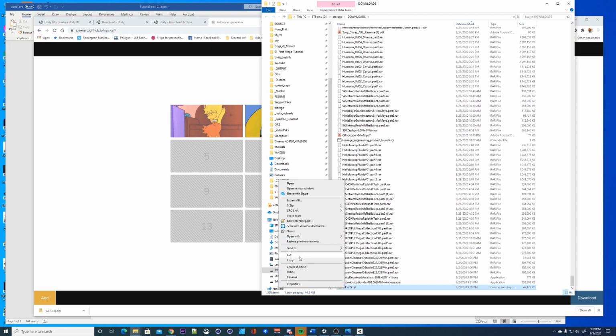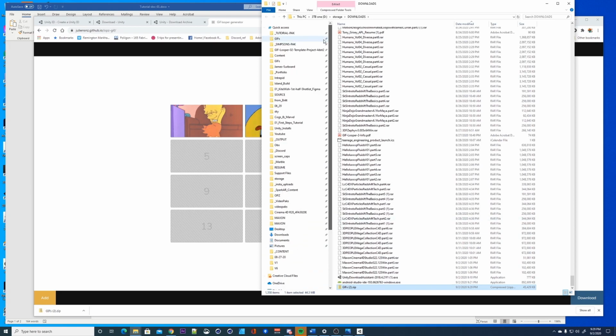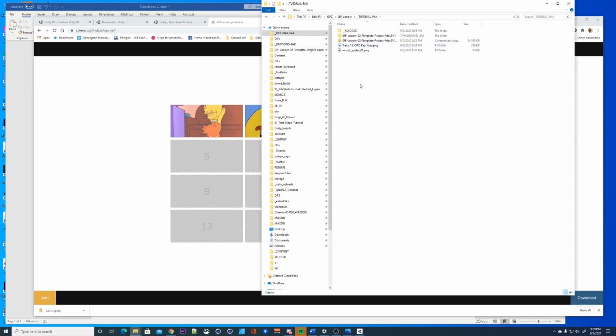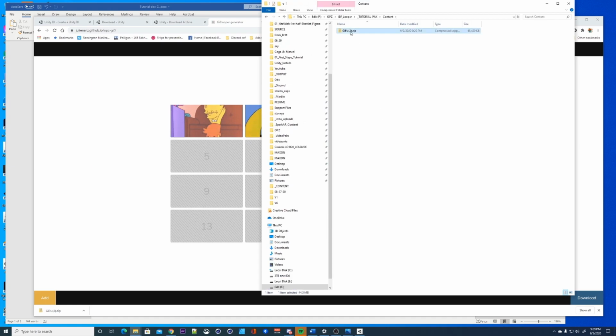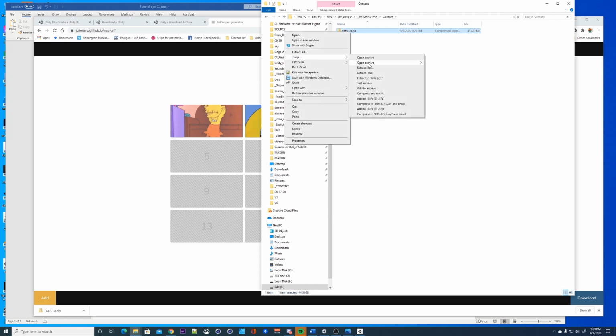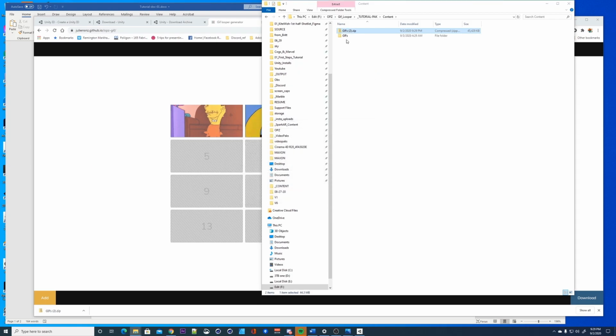So you want to copy that. I made a little tutorial pack here. I'm going to paste it. Make a content folder. Right, so I got 4 here,